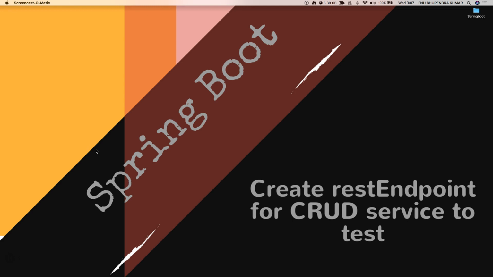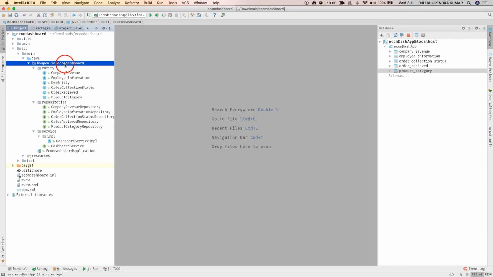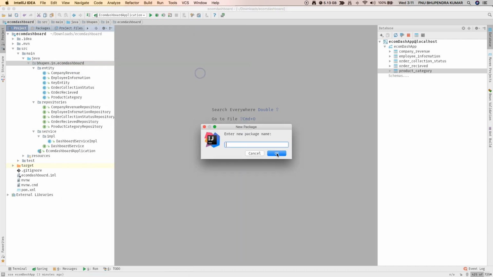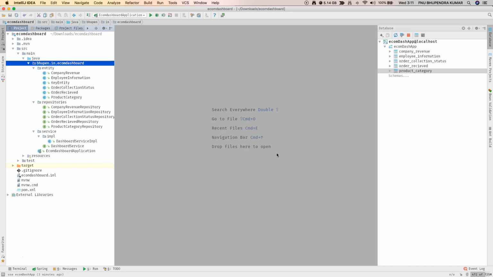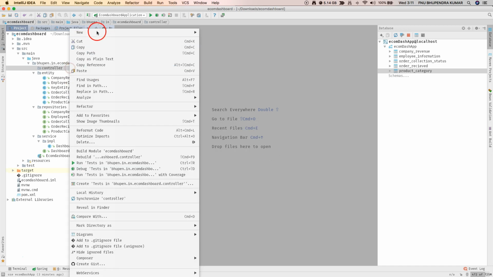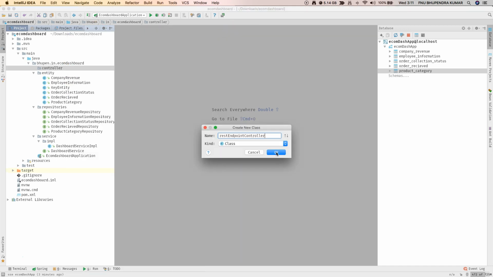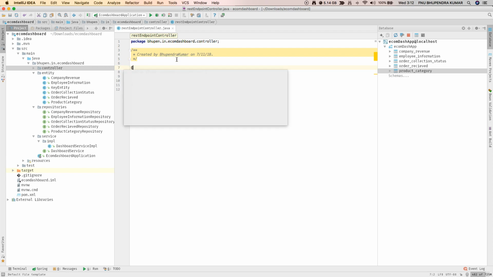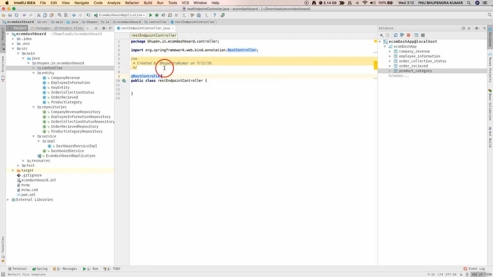In this tutorial we are going to discuss the REST endpoint for the CRUD services which we created in our last lecture. So let's get started. Let's start creating the controller. Start with a package, controller package, and let's create a Java class, REST endpoint controller. This will be a REST controller, so let's put an annotation for that, and let's autowire